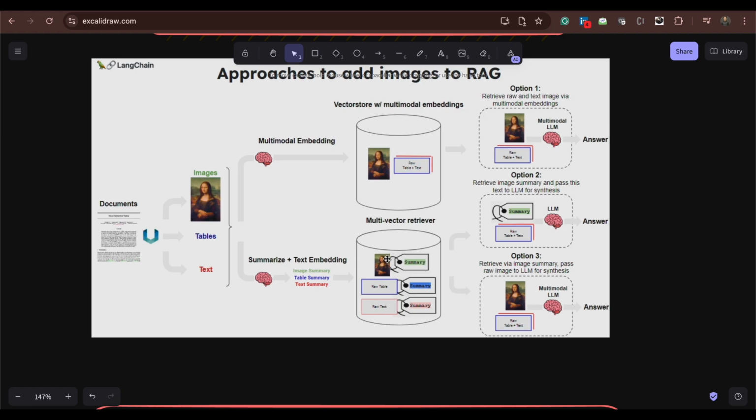In that case, you will be able to avoid the data loss, because sometimes when you are creating the summary of the image, it's not that good, right? So you get the original image, the original table, and the original text, and you give all of these to the multi-modal LLM, which will take them and give you the correct answer. So guys, maybe you understand that the first option and the third option are similar